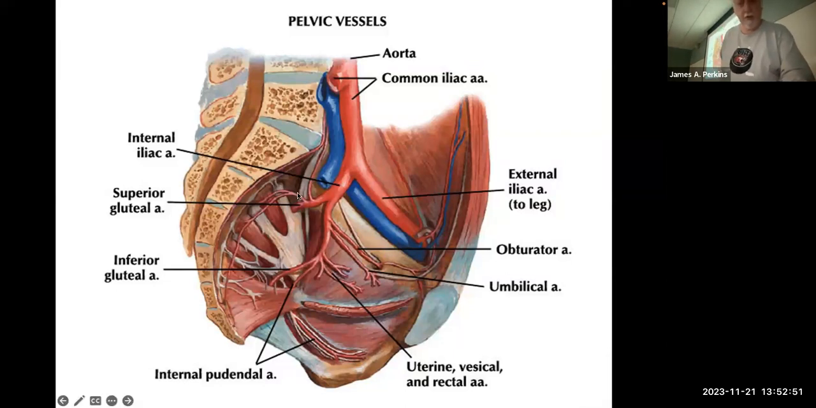So that's usually a pretty good landmark to find the superior gluteal artery. By the way, this superior gluteal artery is exiting the pelvic cavity through the greater sciatic foramen, along with the piriformis muscle and a whole bunch of other things. All right, so going back to the rest of the internal iliac,